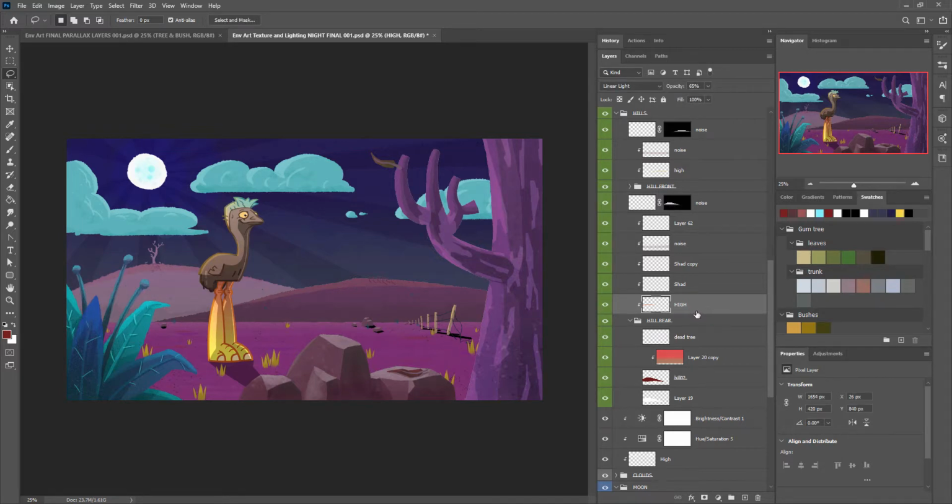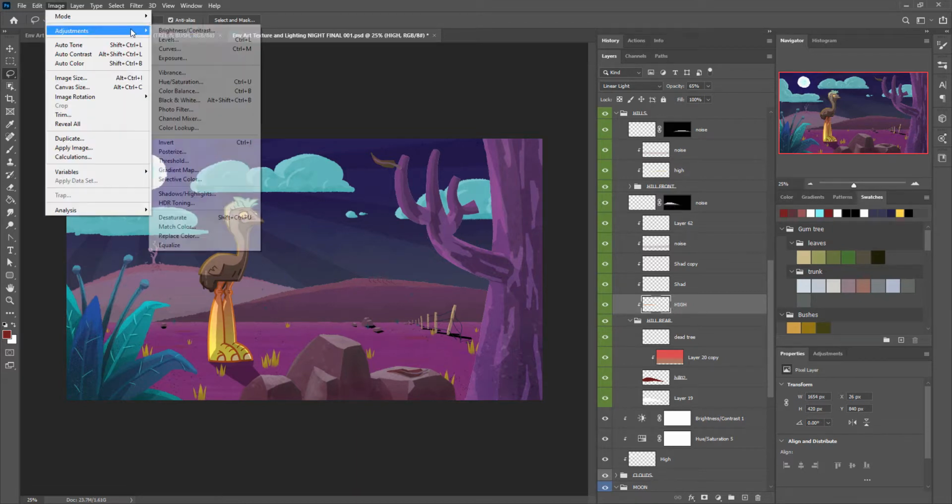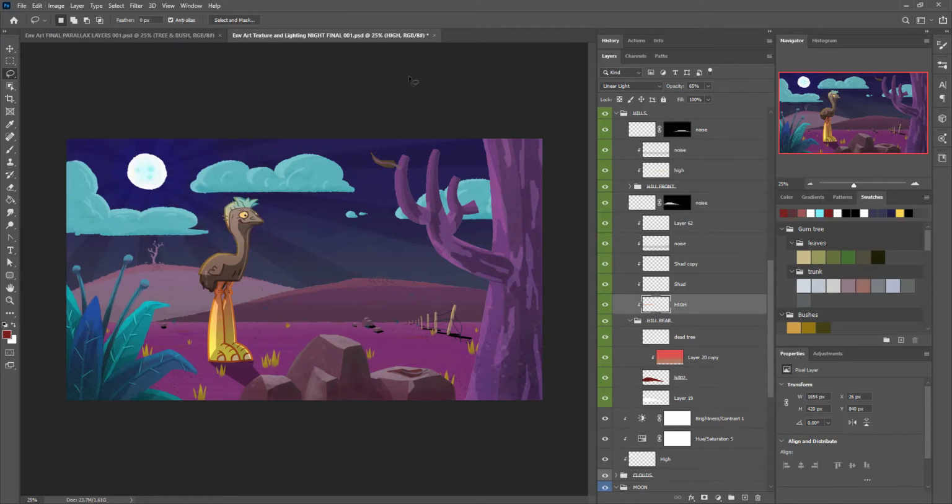So there's a couple of ways that we can adjust this. We could just directly modify the hue saturation of that layer by selecting it and coming up to Image Adjustments, Hue Saturation, which is Control U. So we could play around with it like that. Potentially we could add an additional